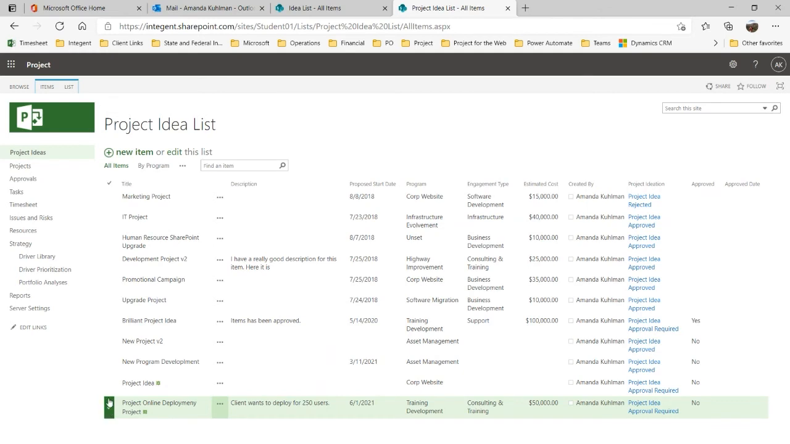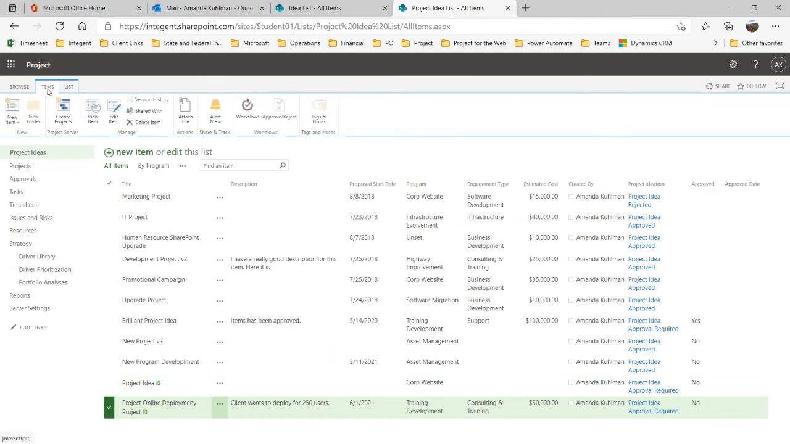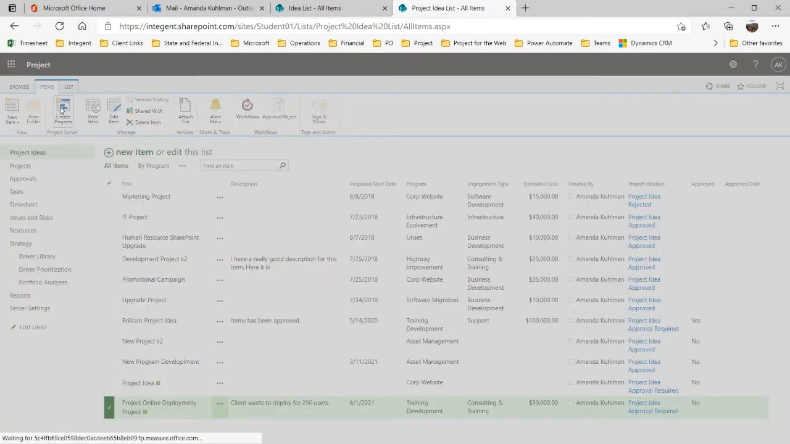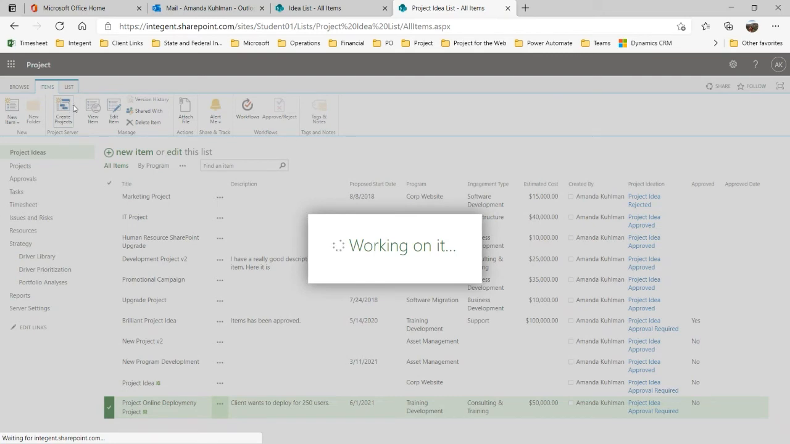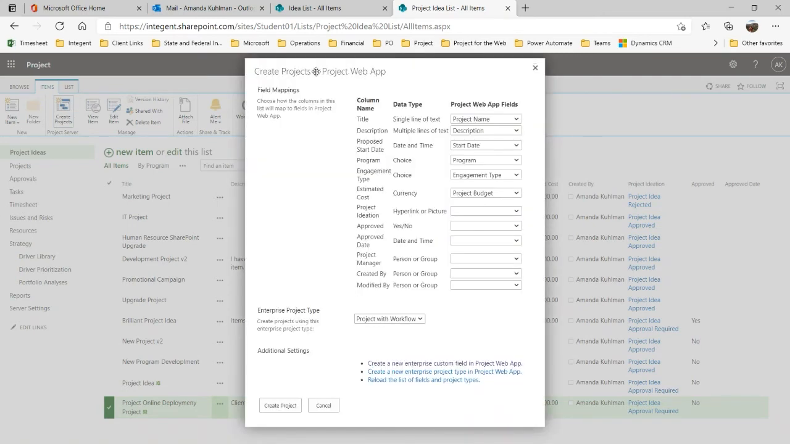Then I can select the item right here, click up here in my items, and one of the main reasons it is so important that this belongs under the same URL as Project Online, that same site collection, is because I will have the option to create projects. And again, if you hover, it'll say that you can create a project web app or project online project based on any of the information that I have captured so far in this item. So I can select the item here, click Create Projects,